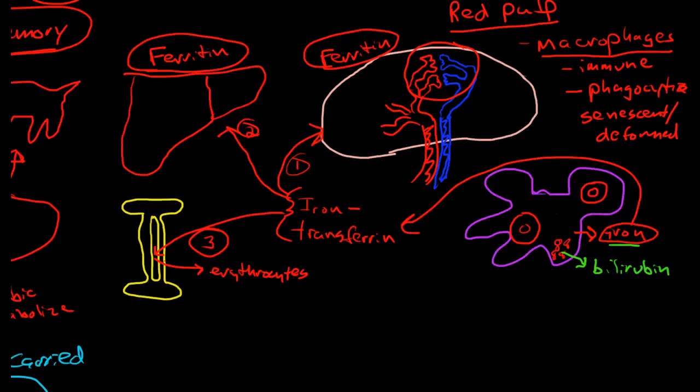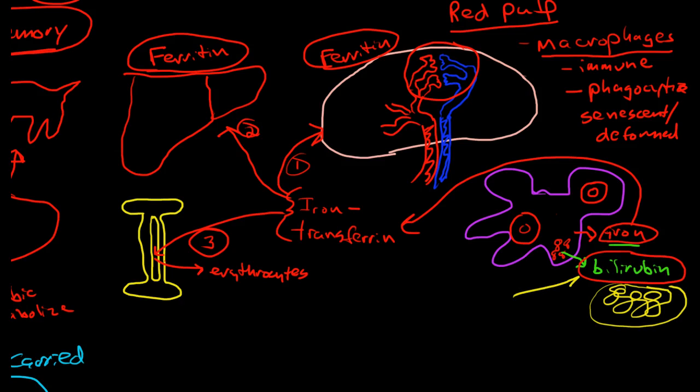So what happens with bilirubin after it is released by the macrophage inside the spleen is that it is bound to an albumin molecule, because bilirubin is not soluble in water. So it needs to be carried by an albumin molecule. This bilirubin coming out of the spleen is called unconjugated. So this unconjugated bilirubin is carried to the liver,